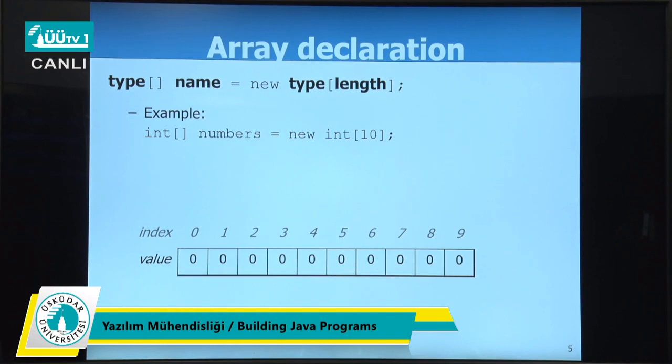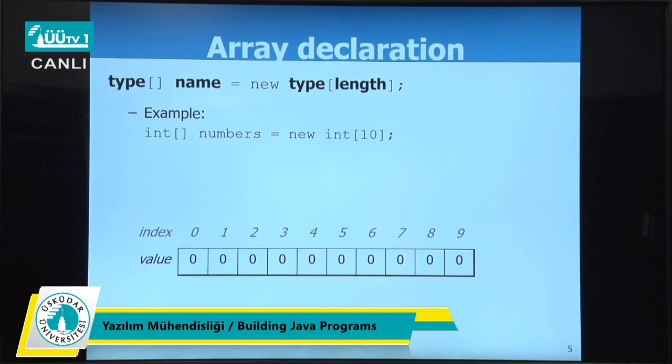As an example, the first thing we're going to see is how to declare an array. The first thing you have to specify is the type of your array. What is your data type? Is this an integer? Is this a double? Is this a floating point number? The first thing, you define your type. Then right after the type, you have to have the square brackets. This specifies that this thing that you are going to declare is an array. Then you have the name of the array. Okay. Right after this, we have new, type, the length. Also, you have to specify the length of your array. In the example, you see that we are declaring a numbers array, and this numbers array is going to have